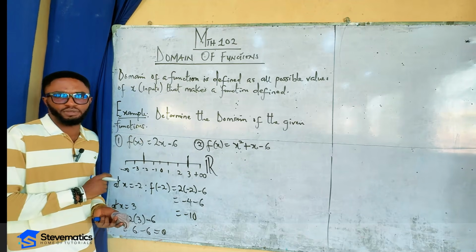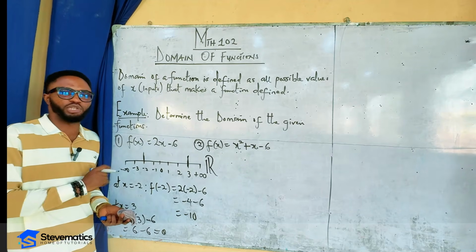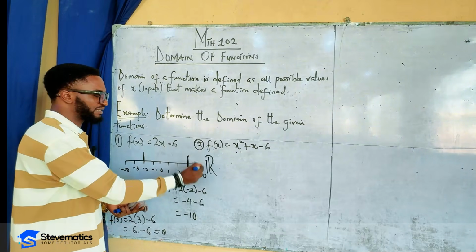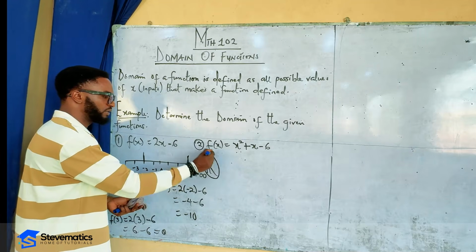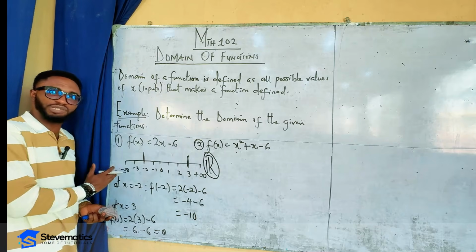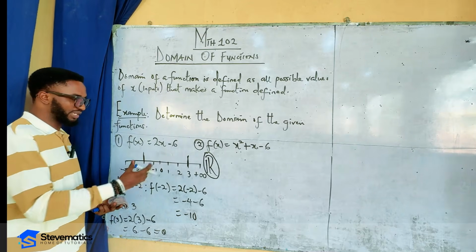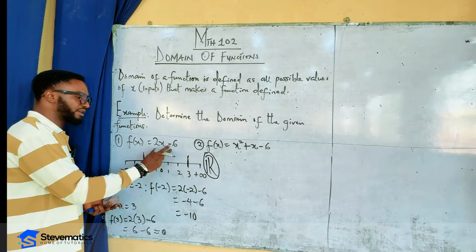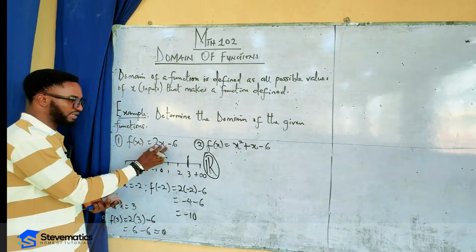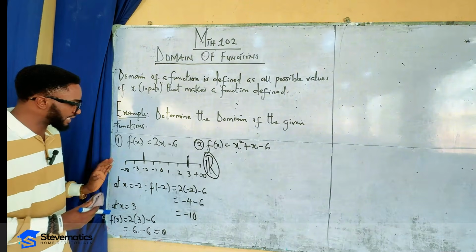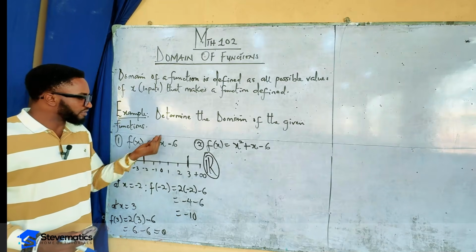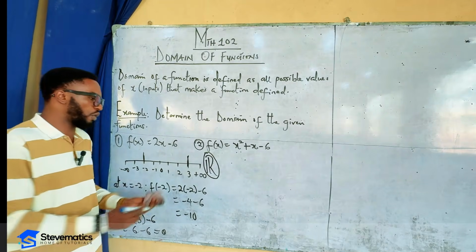What does that tell you about the domain of polynomial function? It means that the domain of all polynomial function is the set of all real numbers. Because when you keep imputing, pick negative 100, negative 50, positive 100, positive 50, insert it here, you will have a defined value. Pick 1,000, pick negative 1,000, insert it here to give you a value. So it means that at every point on this real number line system, this function is defined, which will now conclude that,